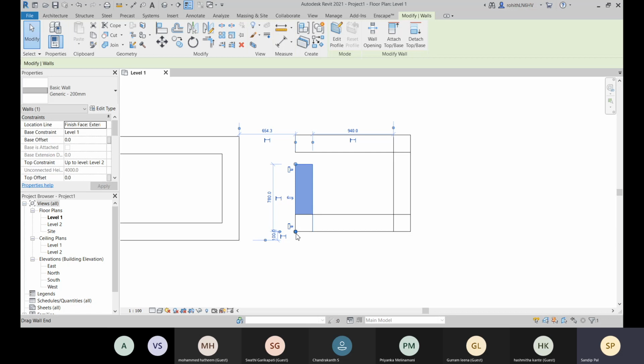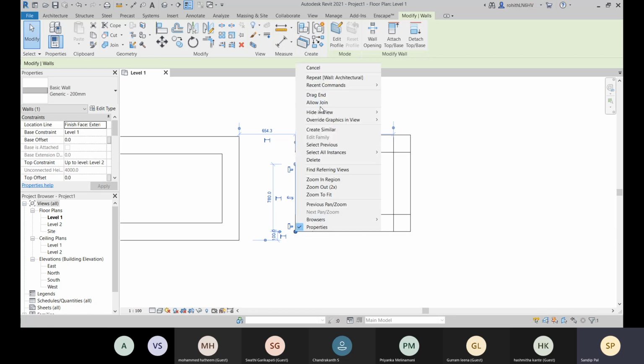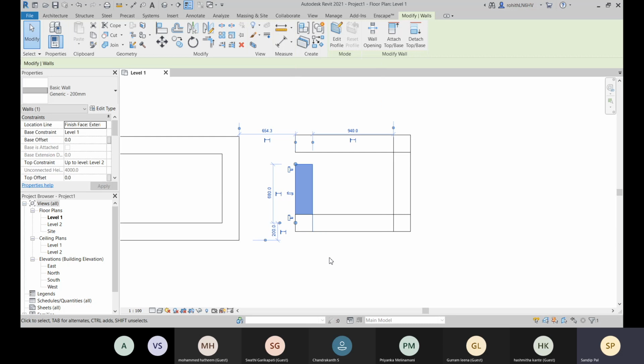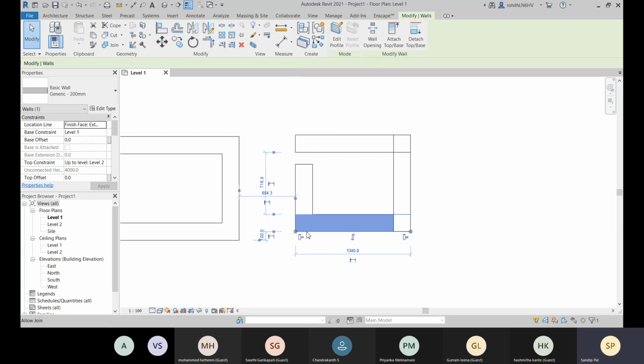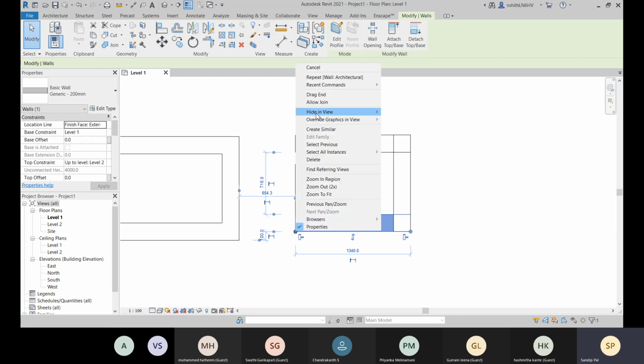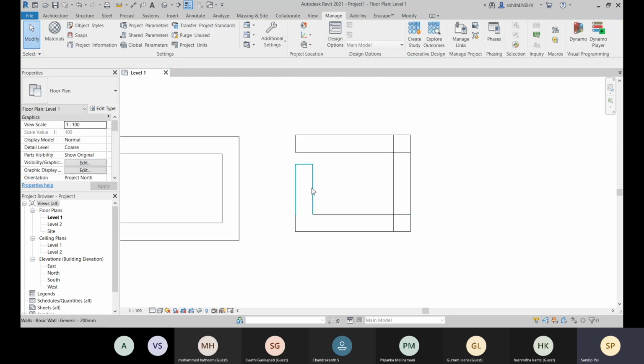You have these endpoints. Place your mouse pointer on this endpoint and right click, and then you have the allow join option. Select this, and for this also you have to allow join, and for this side right click and allow join. Okay, now here you can see the difference.